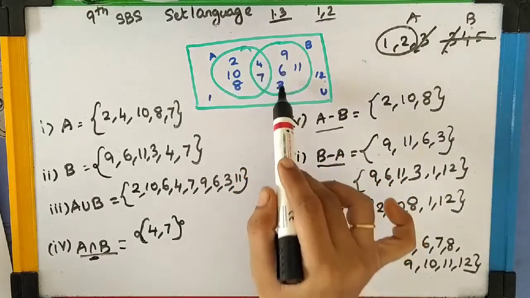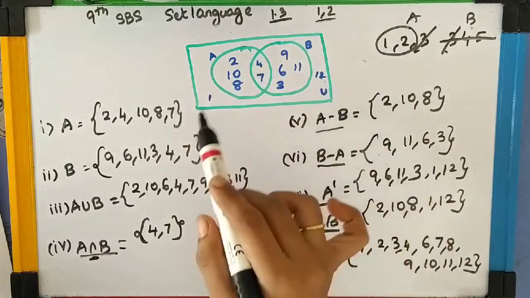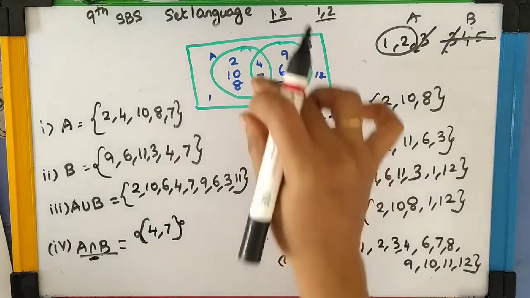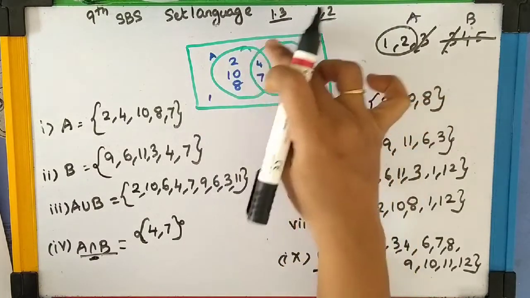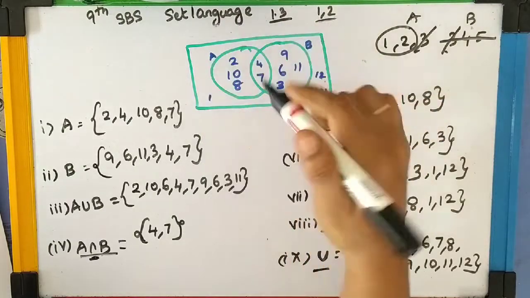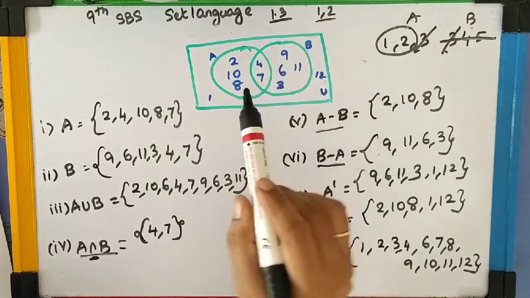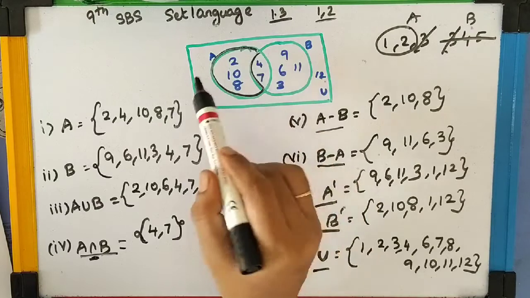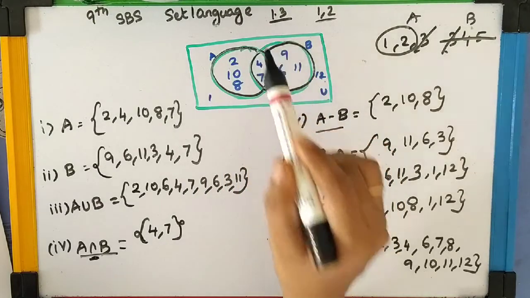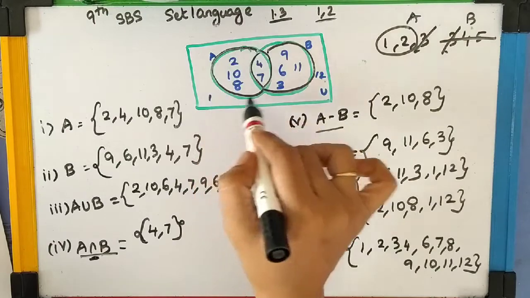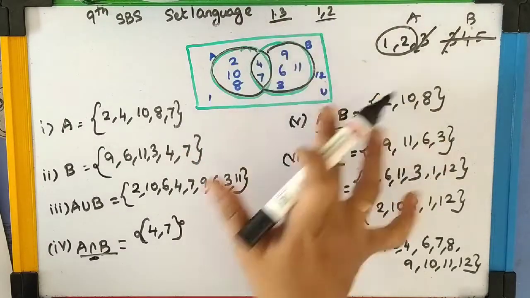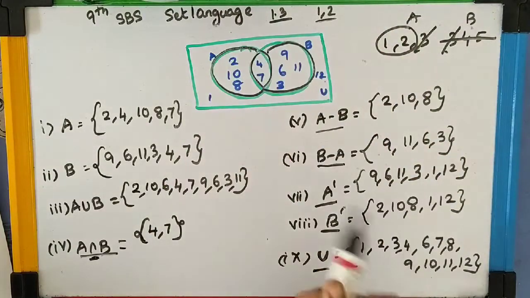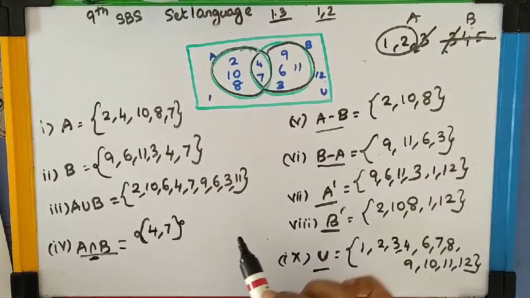Okay. The 3 elements in A, 4 elements in B, 2 elements in the intersection part and 2 elements in the universal part. So, all these 11 elements form the universal set. Clear? So, here I am showing it clearly, right? A part, this is the A part. Now B part. The middle 4 and 7 are in the intersection part. And the remaining universal set 1 and 12 together constitute the universal set. Okay, is this clear? Are you following me?